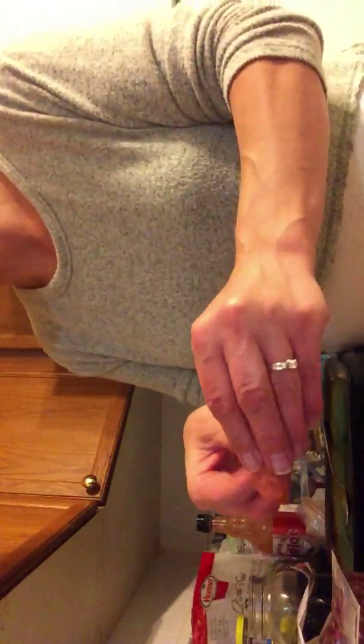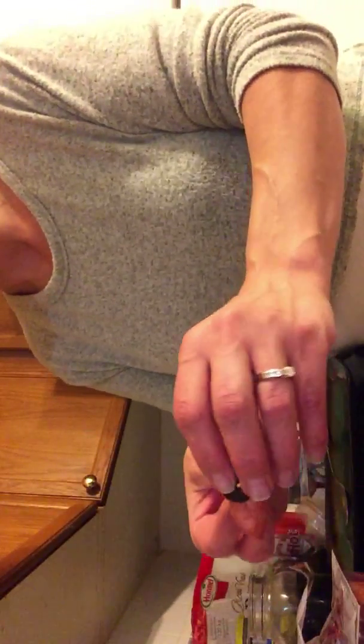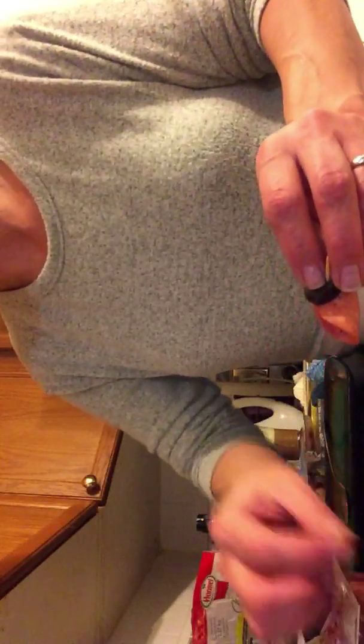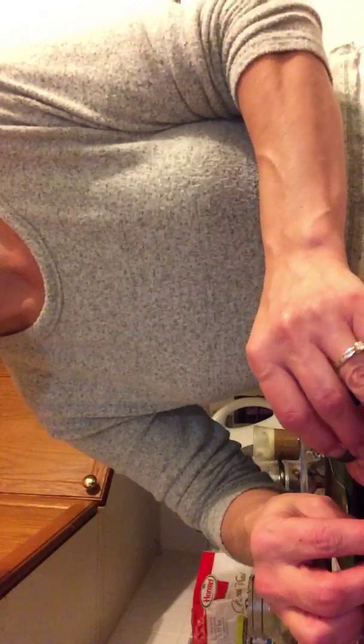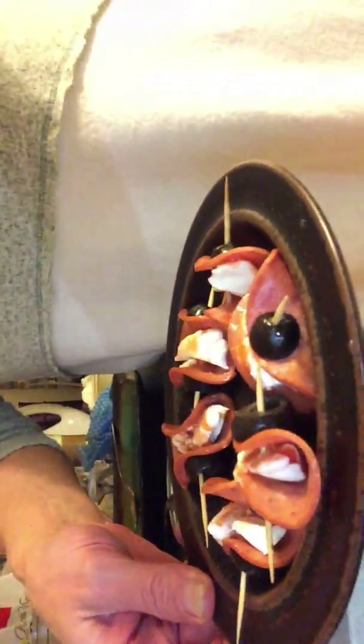Okay, one more of those. Oh, and you know what? I literally took out the right amount of olives because I'm awesome like that. Truthfully, half of a piece spare because I'm going to eat that. But technically, exactly the right amount. Just saying. Okay, put those on the plate like that, and this one I'm eating. Okay, so we've got our little platter of